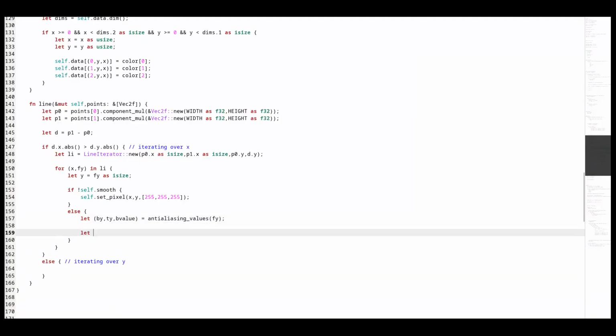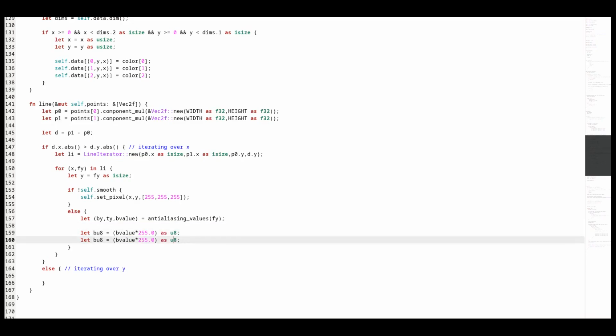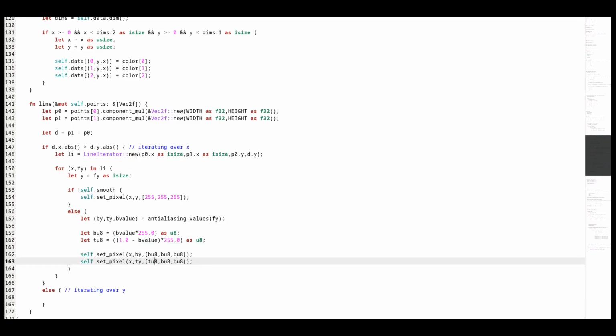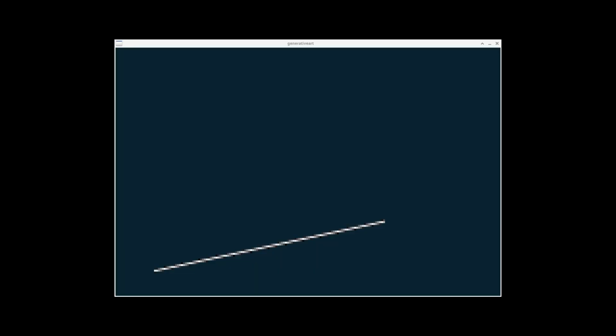Now let's set pixels using these values. And this is what we have got. You can see that the line is drawn as if on a black background.